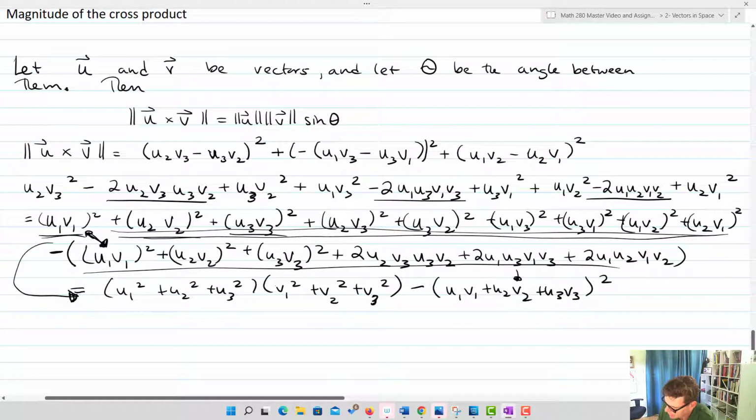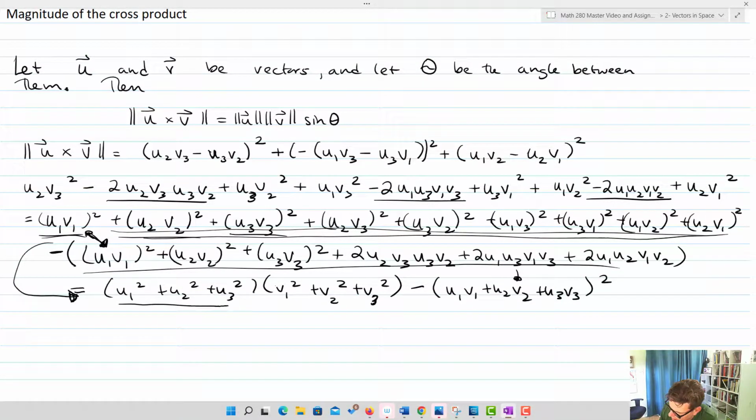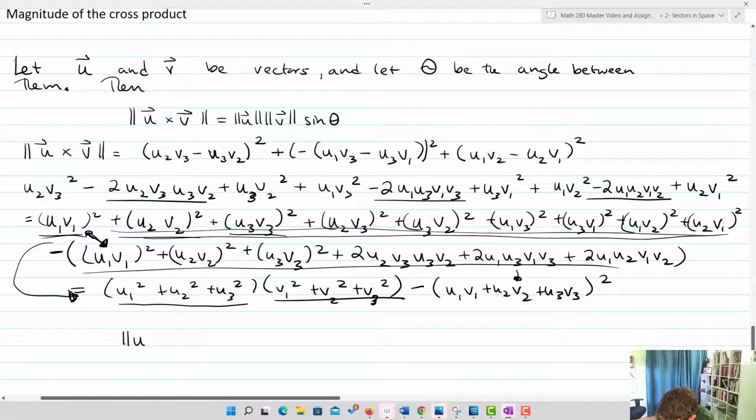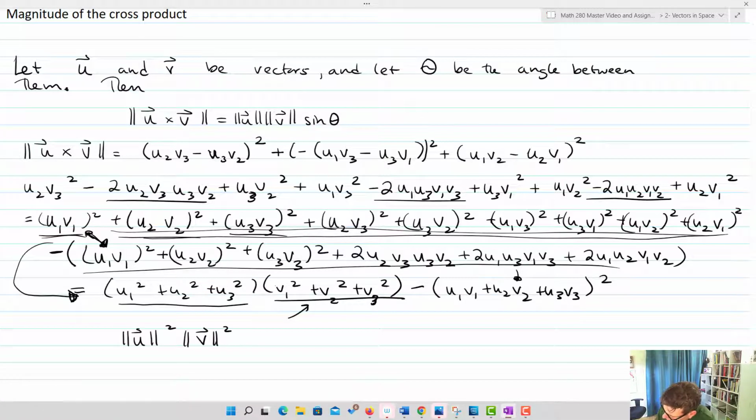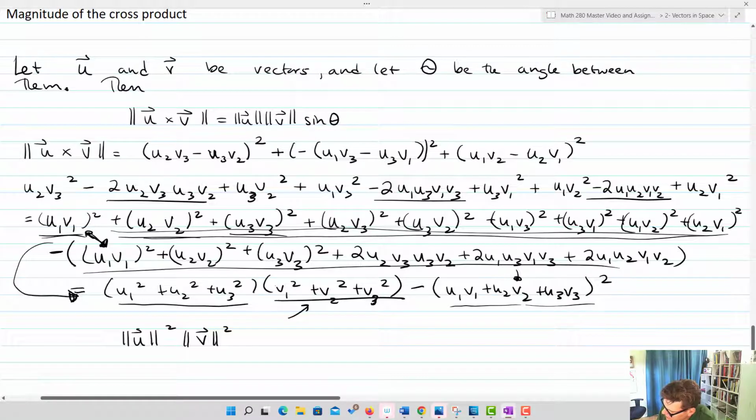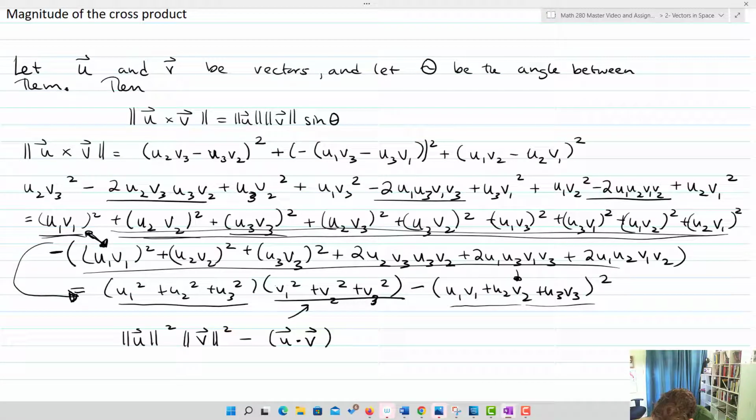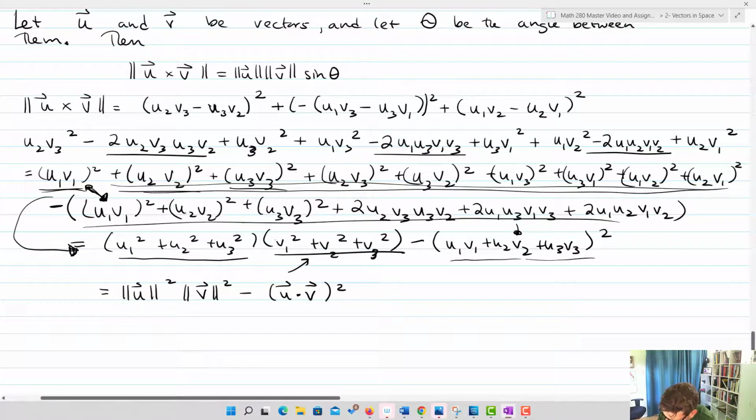Why is that important? Well, it turns out those two are the magnitude squared of u and v. That's u squared, and this one right here, that's v squared. And this thing right here is actually u dot v squared. So this is minus u dotted with v, squared. Hey, cool. And we can do a substitution, if you remember, from our work with the dot product. So this is now u squared v squared